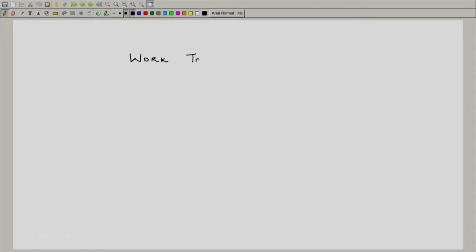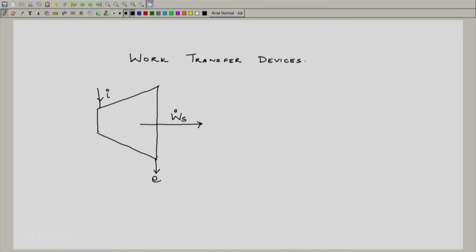So, for example, a turbine is represented as follows. So, let me just write work transfer devices. This is one of the most common depictions of the turbine, where we show an inlet here and an exit here, and this is the work output that is expected from the turbine, and this is one of the places where historically the nomenclature for W dot S comes about.